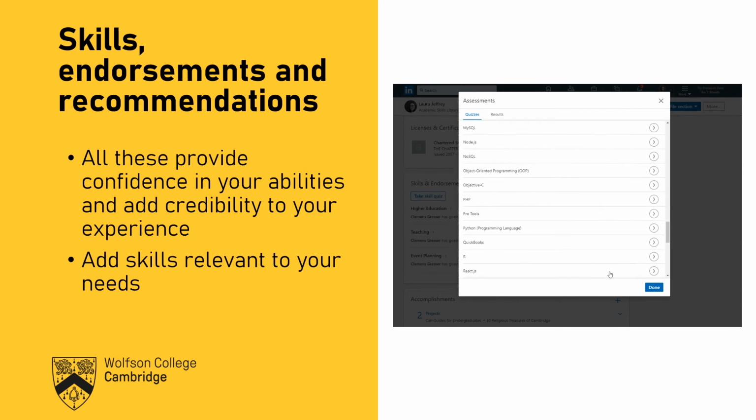And then recommendations are an even more detailed version of the endorsement, and this takes things a bit further, almost like a reference actually. This is a testimonial that will be written to illustrate your experience. So if there's a particular skill that you want to highlight, something that you've been doing recently, then see if you're willing to get somebody to make a recommendation. Think about who you would most value the recommendation from, and then really personalize your request when you write to them. As we said, a little bit like a reference.